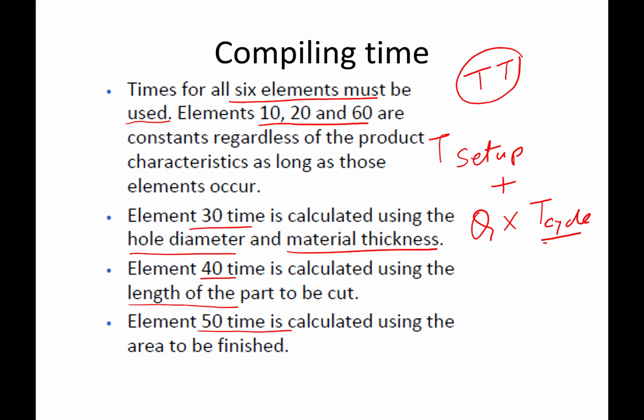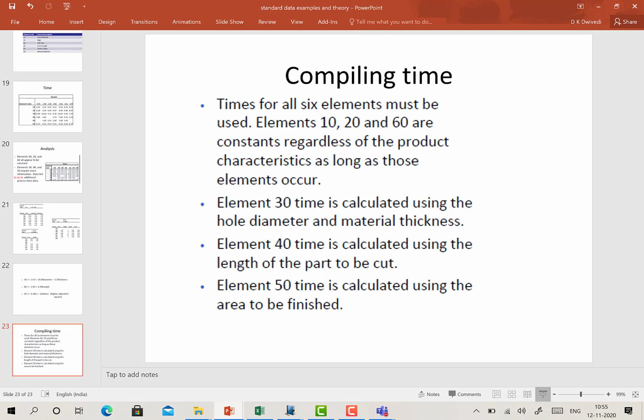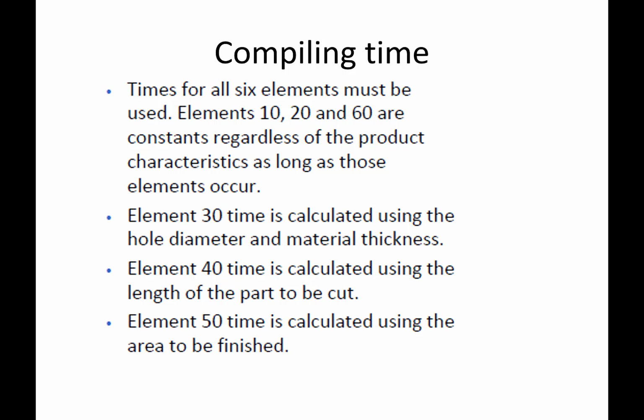Once this is available, okay, we can get the time to produce a batch of quantity Q. Okay, so this is how we use the standard data method for arriving at the standard time using the macro elements,